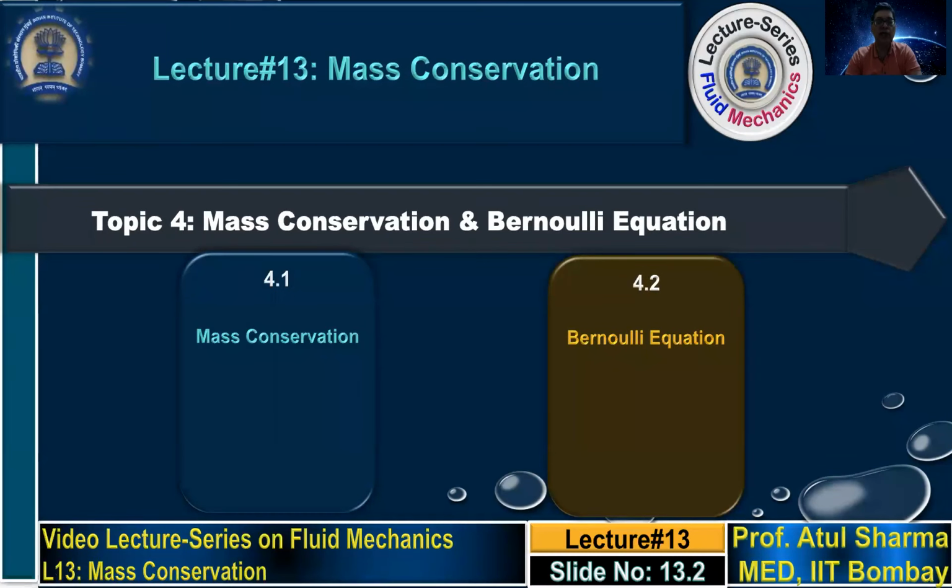We know that mass can neither be created nor destroyed. So if you consider a fixed mass system, the rate of change of mass is equal to 0. However, in the mass conservation that we'll be considering here in fluid mechanics, it will be shown that for a fixed mass system, although the rate of change of mass is equal to 0, for a fixed region or fixed control volume, this rate of change, which is a single term in a Lagrangian system, gets converted into two rates of change in an Eulerian system.